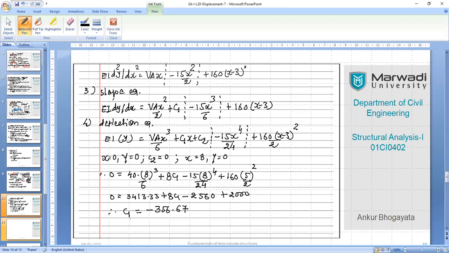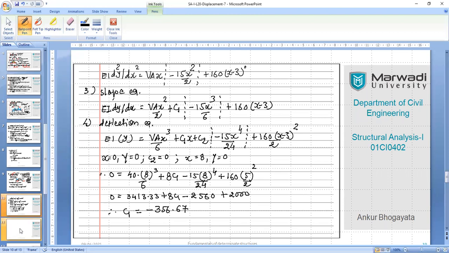We'll replace this C1 and C2 over here in the equations for the slope and deflection. Now the job becomes very easy, right? C1 we will replace here. C2 is already out of the scope, right? For the slope and displacement respectively. And we require slope at x equals 3 meters. Distance is 3, x is 3. So in that case, we'll have this much equation.